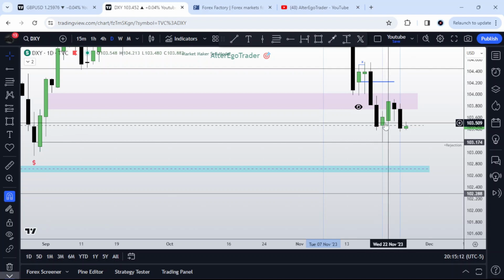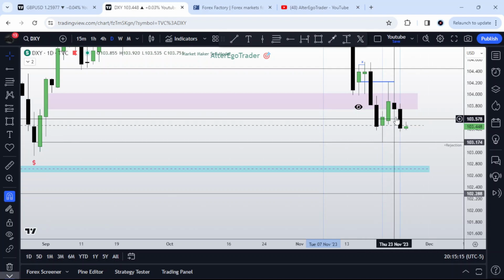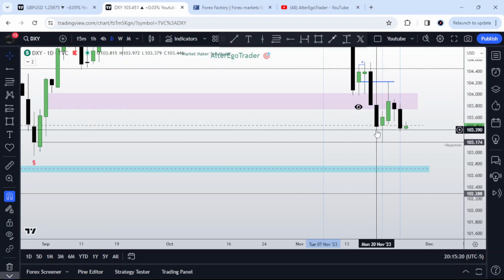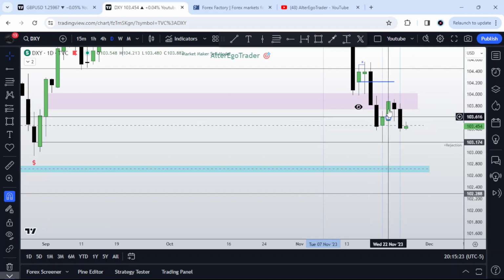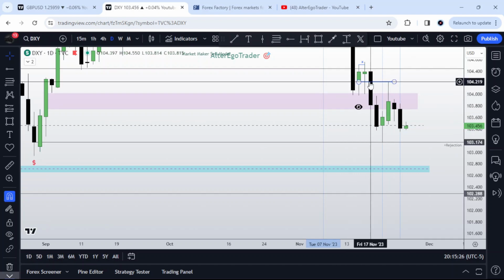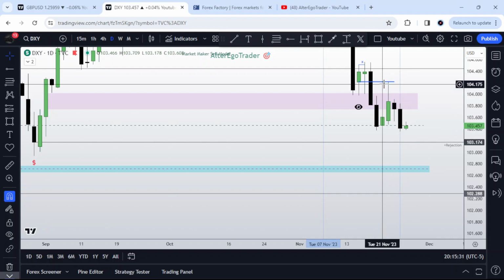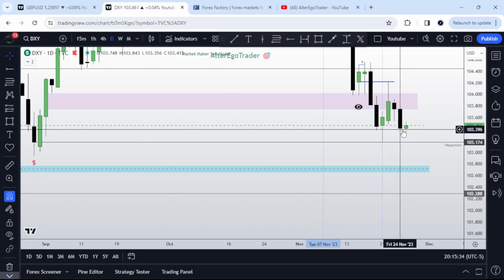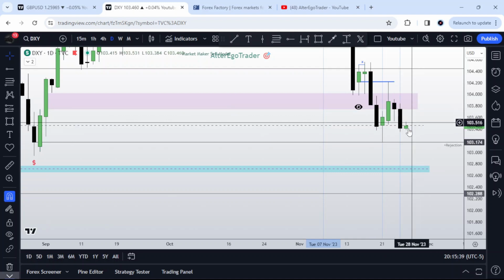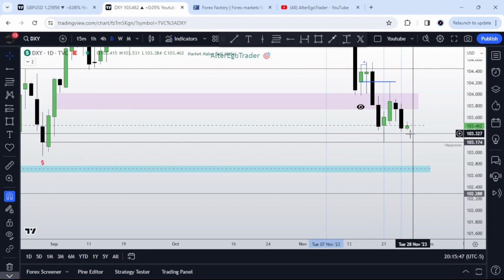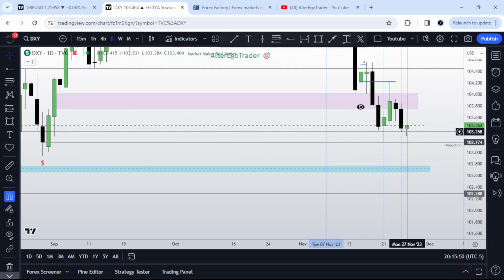Last week was pretty much a consolidation week. We had Monday open, dropped lower, Tuesday dropped lower, then reverted higher, traded into this bearish order block, made the high of the week, started trading lower, and closed bearish on Friday. So for this week, if it is going to be bearish as I'm anticipating, then I believe